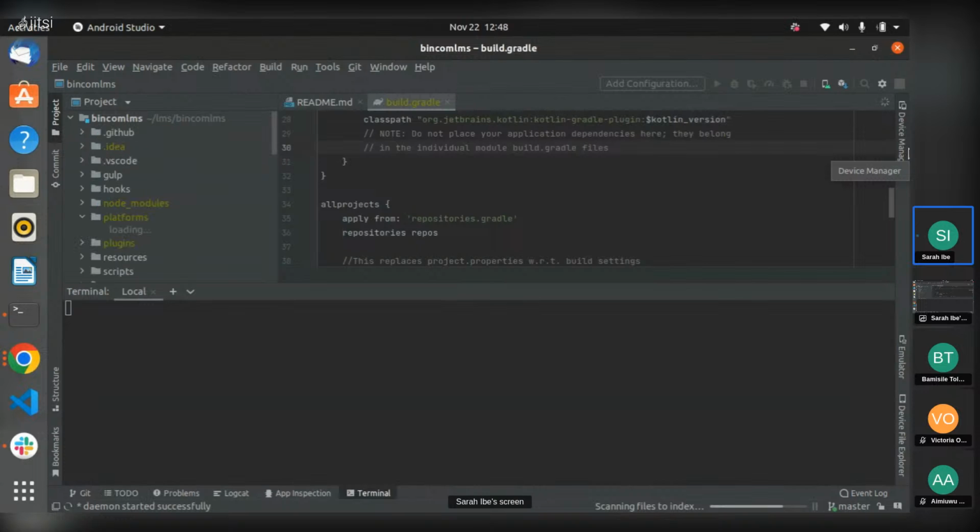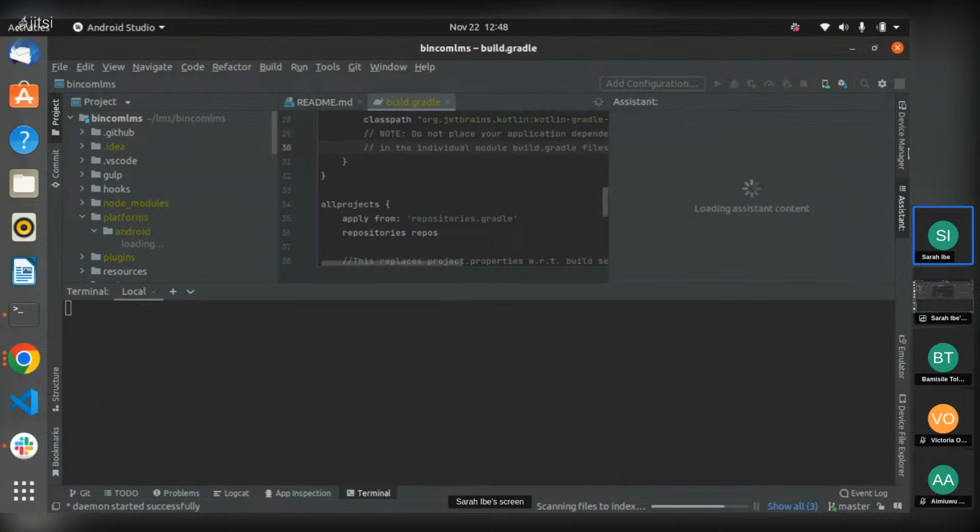Come. So please, if I don't allow it to load, it starts to hang. All right, no problem.